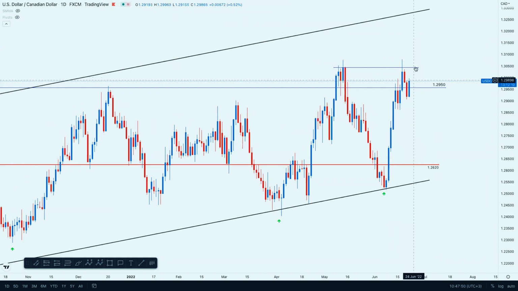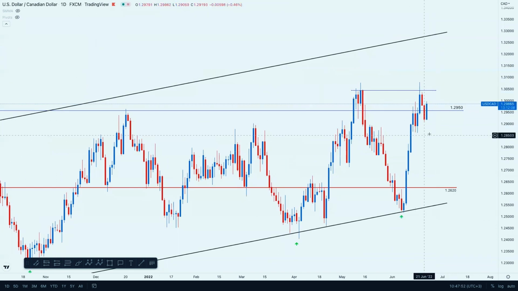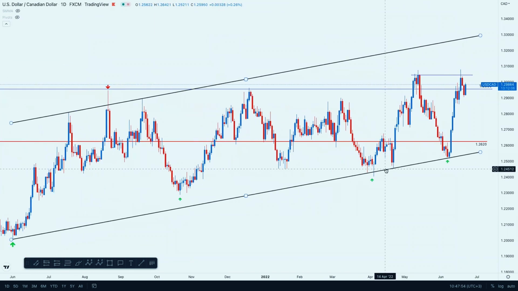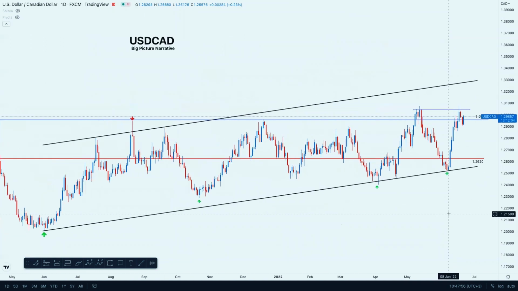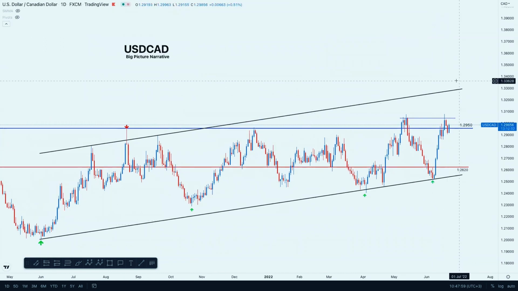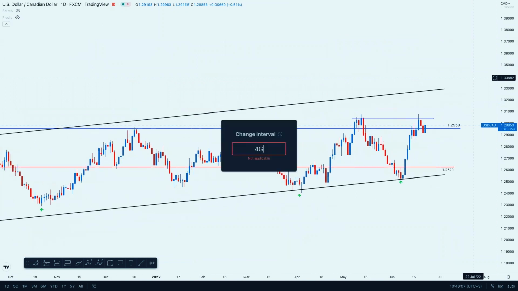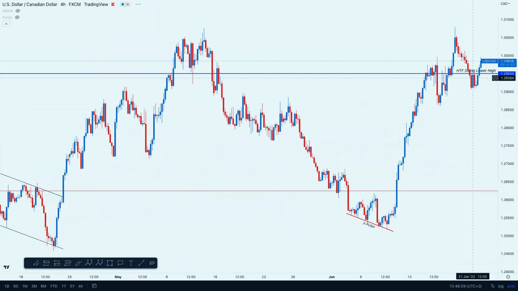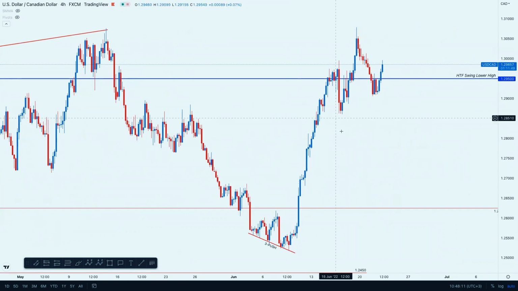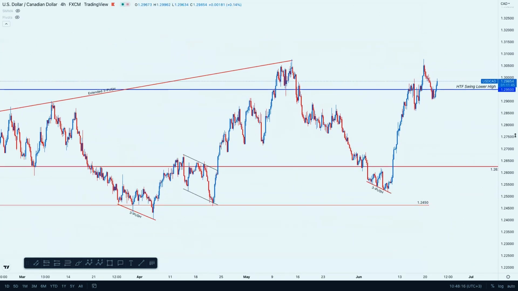Now if it can sustain above this level, then I believe this market can continue within this channel-like formation. You can see this bigger picture channel, and we target the 1.330 level around this high side, in respect to the channel formation. So that's what I'm watching on this one. On the 4-hour chart, nothing much. Like I said, the market is just dangling around here, so I don't have anything much on the USD CAD.